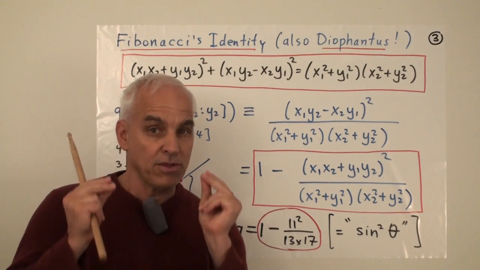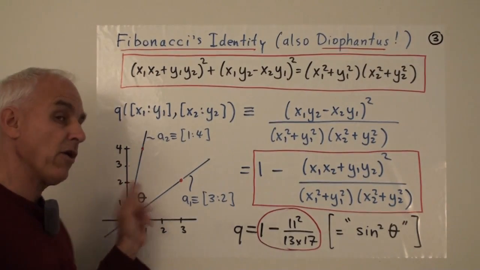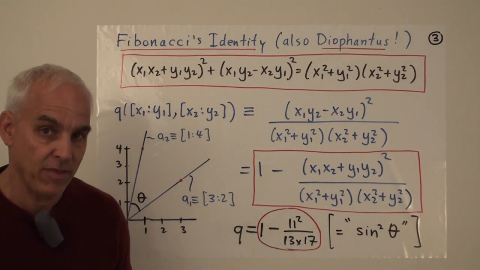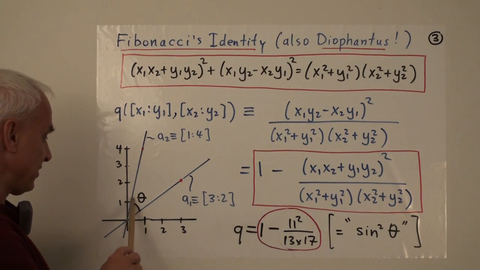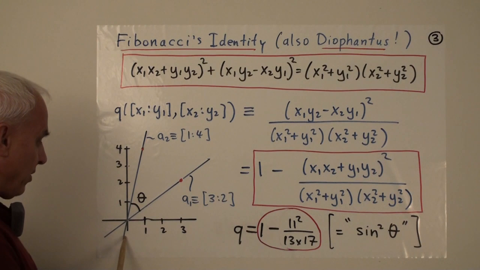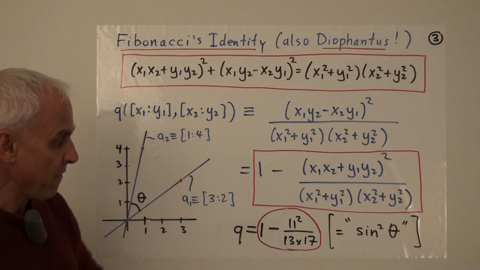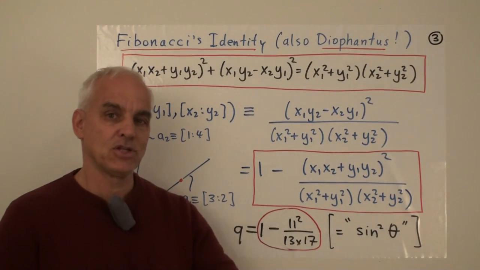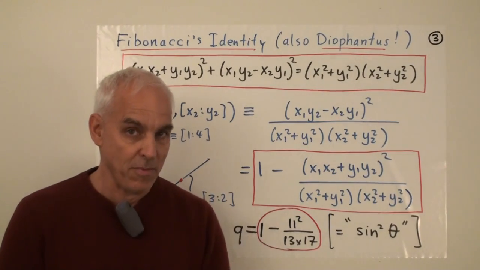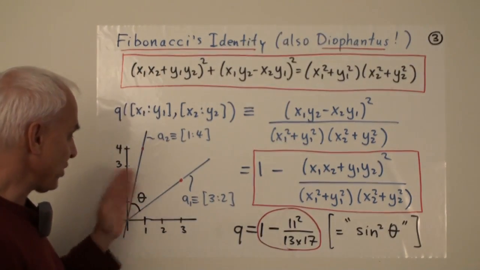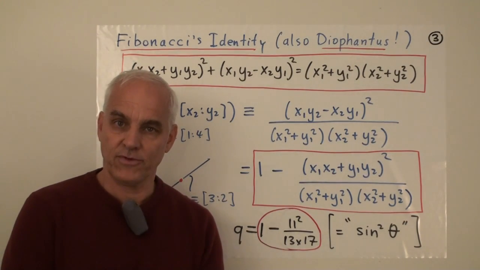You can think about what the projective quadrance between these two lines is as just the square of the sine of the angle between them. In fact, there's more than one angle between them, because there's that angle, but there's also this angle, or this angle. There's a whole host of angles there. Fortunately, they all have the same square of their sine. The angles are different, but you take their sines and square them, then it no longer matters which direction you're going. You're always going to get the same number, which is this projective quadrance.